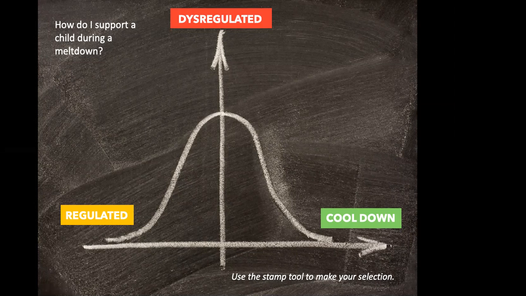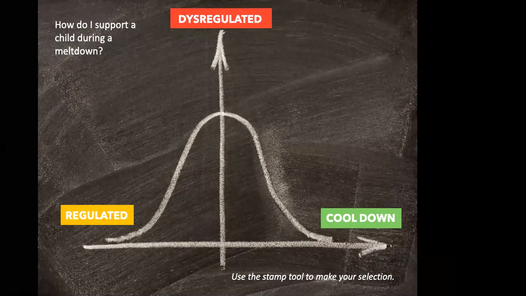They're calm, they're breathing, they're in their own space. Dysregulated, I'll have them label also. It might look like kicking, screaming, throwing. That way I'm able to pinpoint when they're at the height of this dysregulation. And then I'll have the parent describe what the cool down process looks like. Is this a child that likes hugs? Is this a child that likes their own space?